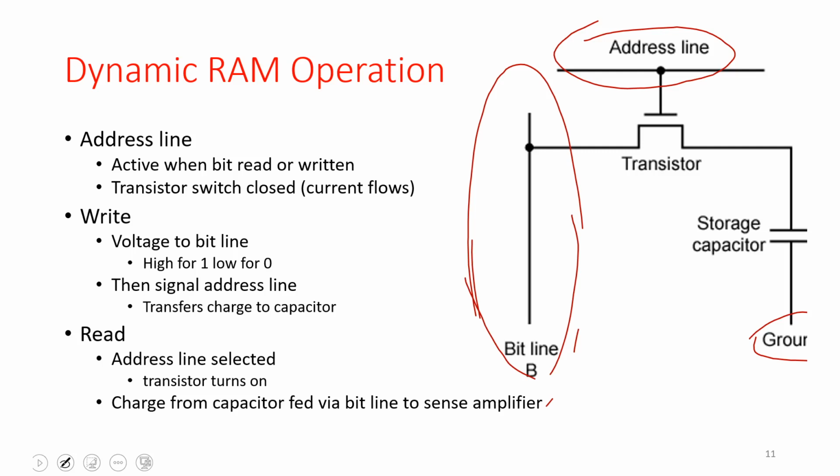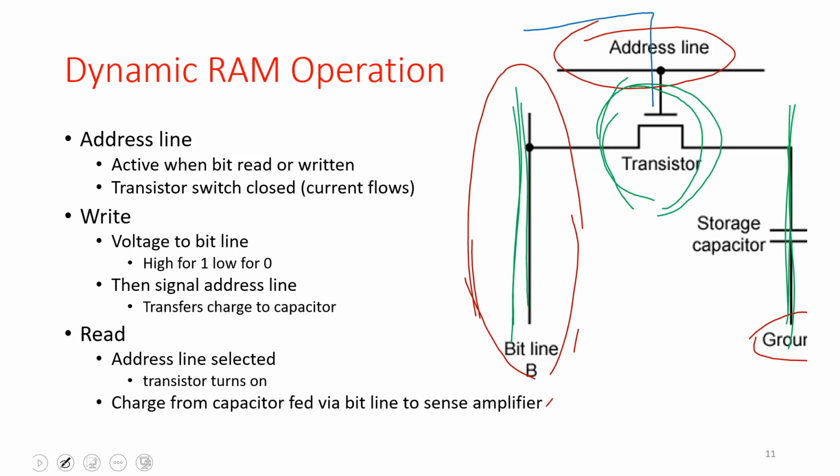So what we have here is a transistor that is sitting in between the data line and the storage capacitor. So based on which transistor is selected through the address line, whenever this particular transistor is selected, whatever the data value in the bit line and the storage capacitor will be transmitted across the transistor.